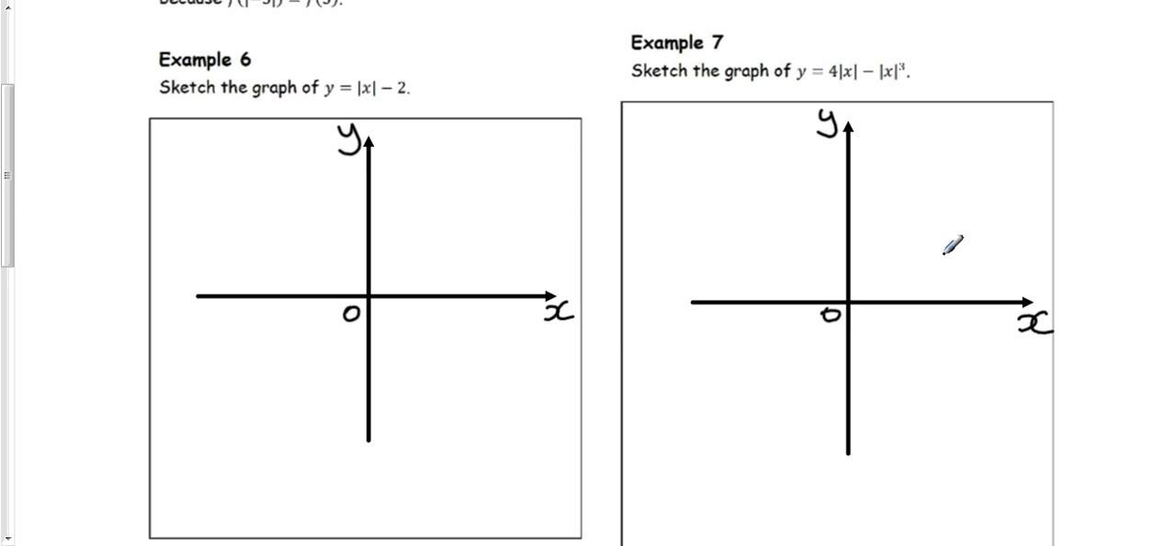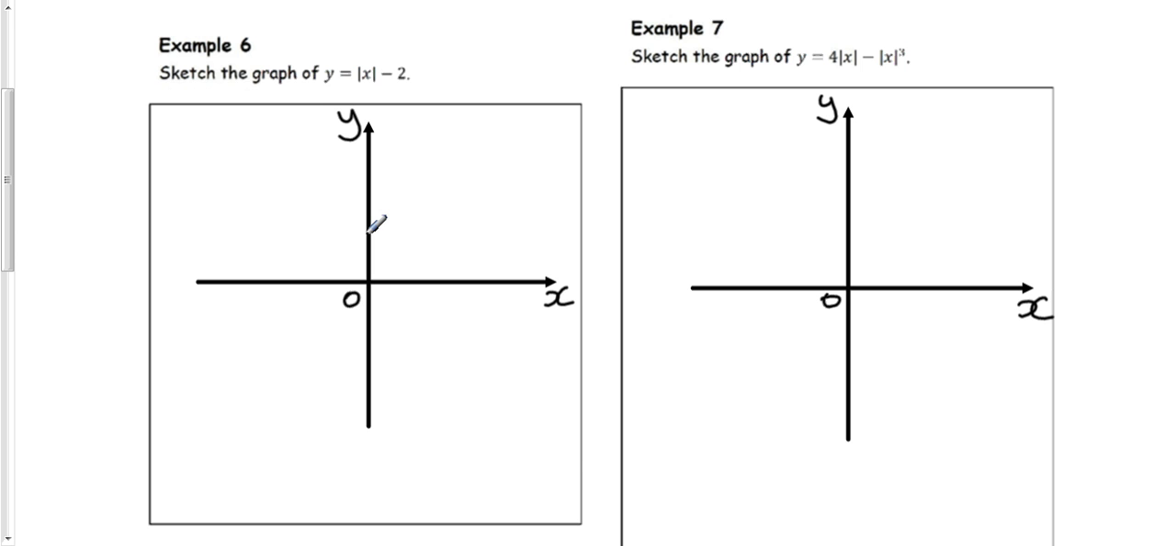Transforming graphs of functions, example 6. Sketching the graph of y equals the modulus of x, then take away 2. There's two ways to do this. First method, so let's call this method 1,